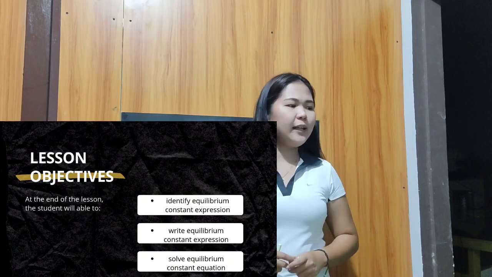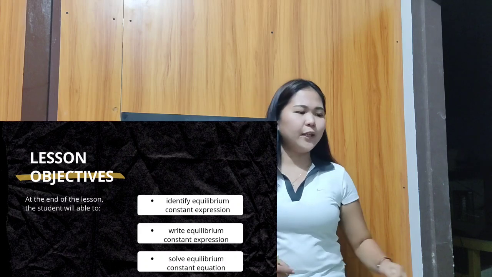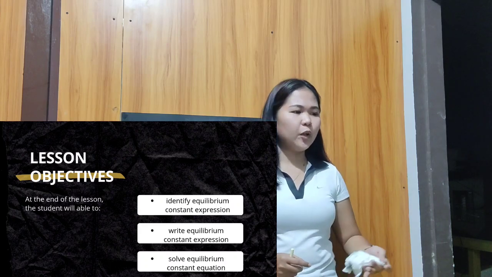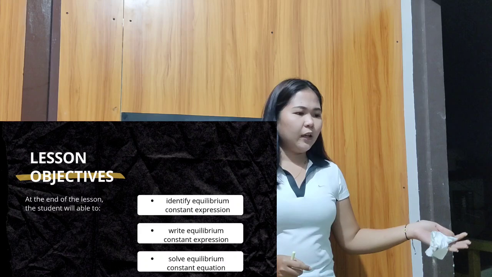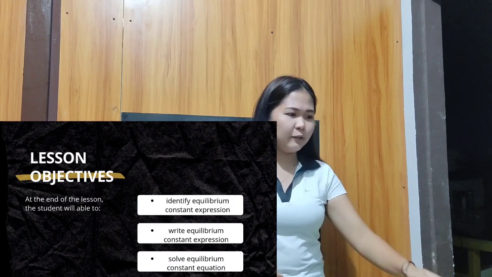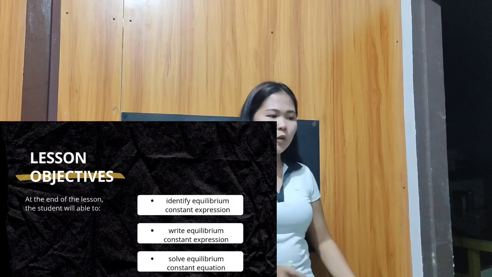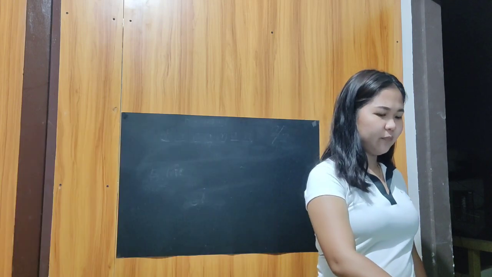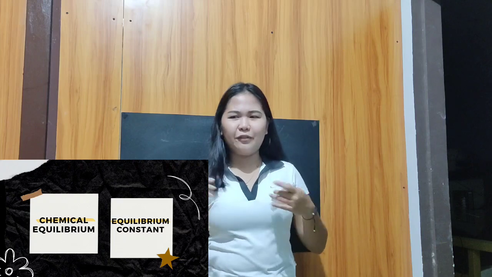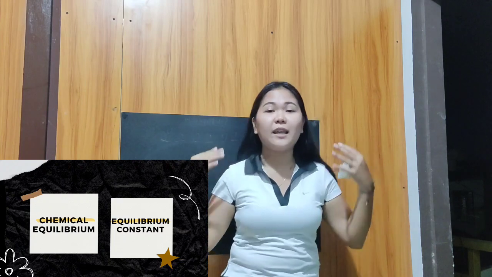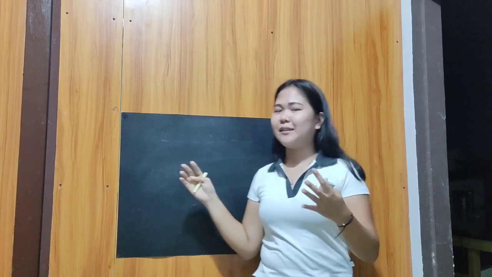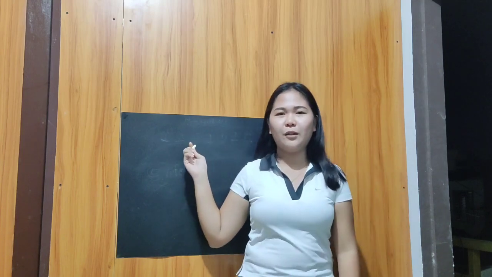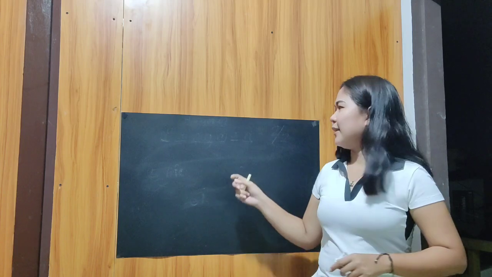Okay, so our lesson objectives are, at the end of the lesson, the student will be able to first identify the equilibrium constant expression and write the equilibrium constant expression, and then solve the equilibrium constant equation. Okay, so from our icebreaker, we have a hint of what will be our topic for this morning. Okay, so it's all about